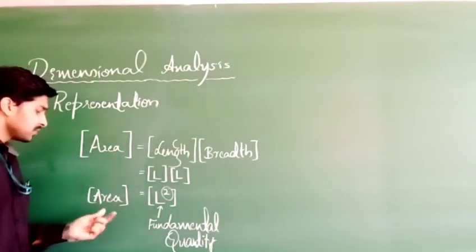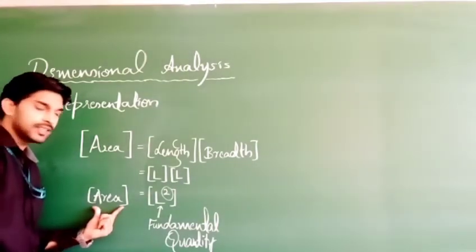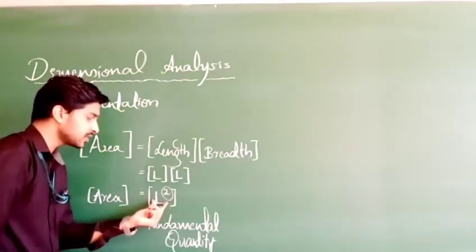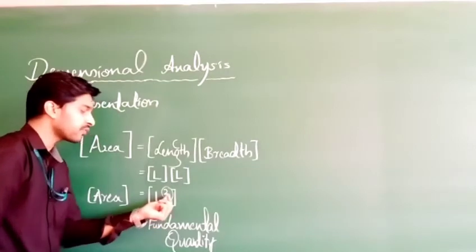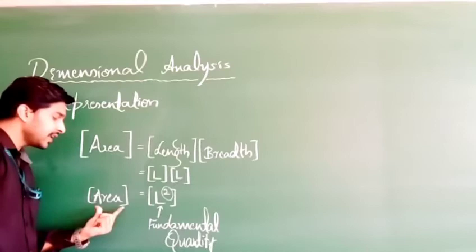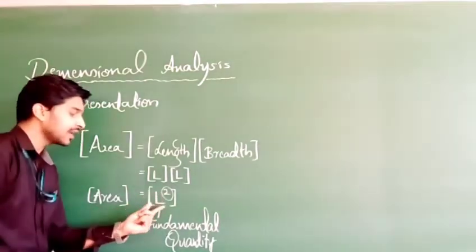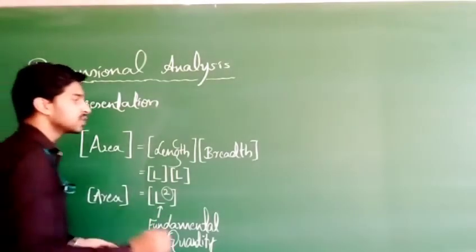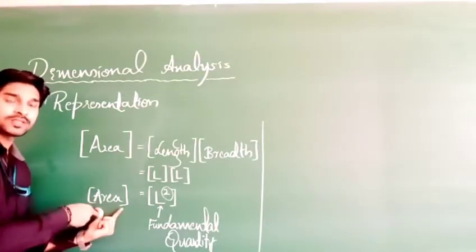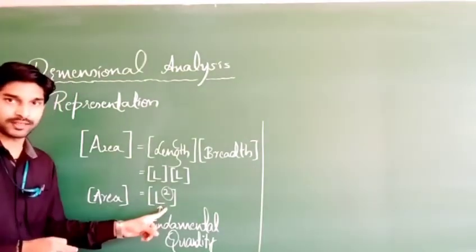Okay. So the dimensions of a physical quantity, that is nothing but the power of, clear? This is nothing but power. This is not L2, this is L square, L to the power of 2, correct? So the dimensions of a physical quantity area, or the dimensions of area, that is nothing but 2 in length. In that manner we will be treating. So finally, if anyone asks you what is the dimensions of area, what you have to tell is that it is nothing but 2 in length, correct?